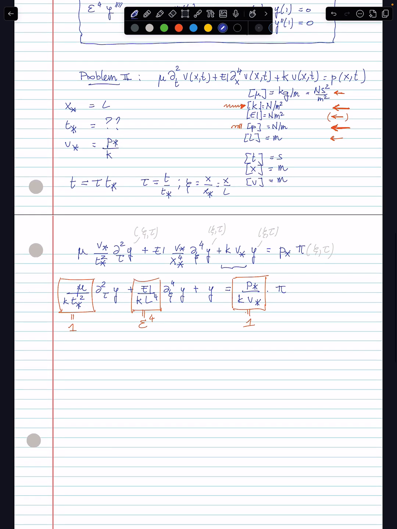And so the equation that we want to solve is second derivative with respect to tau plus epsilon to the 4, fourth derivative with respect to xi plus y is equal to pi over xi and tau. And the boundary conditions are very similar to what we had earlier, and there should be an initial condition here because we have a derivative with respect to time. So it means that the characteristic time that we needed to choose, t star, is in fact nothing but the square root of mu, mass per unit length, over k. And this is something related to the natural period of vibration